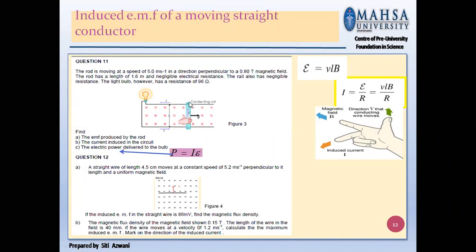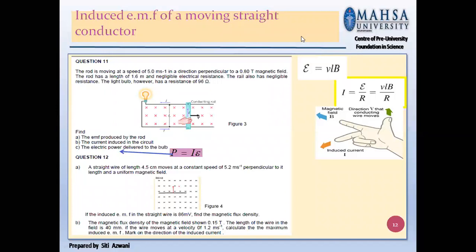You can refer to this figure. This is your straight conductor. You have a magnetic field B here, direction into the page. So when you move your straight conductor to the right, or to the left, it means cutting the magnetic field B, so you will induce the EMF. So when you have a question under the induced EMF of a moving straight conductor,